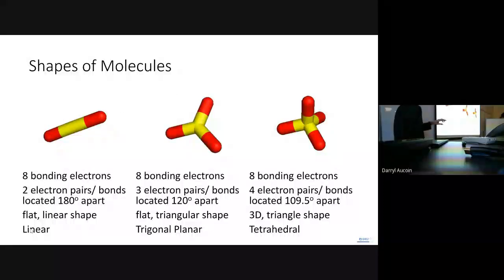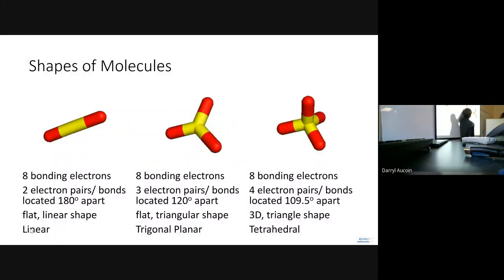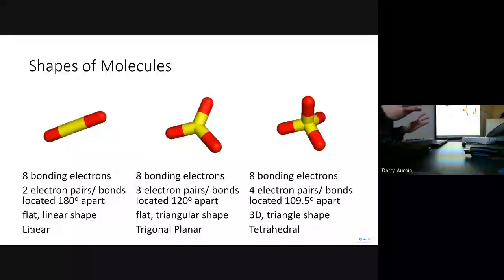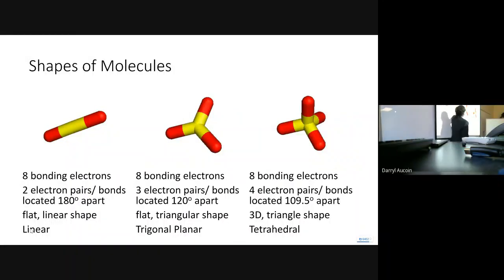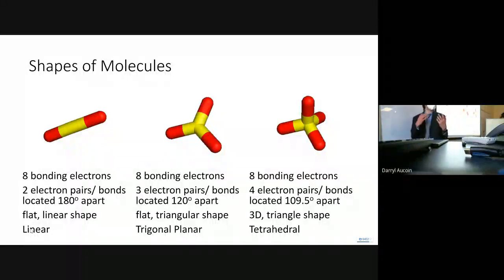So there's a little bit of rotation, but you can kind of see how this is really flat. These two stick back, those two stick out. So that kind of shape for those molecules is there. This is very flat, this is very flat, this is 3-dimensional. So these atoms have different shapes when you look at those atoms in different